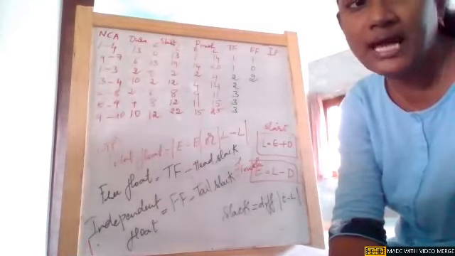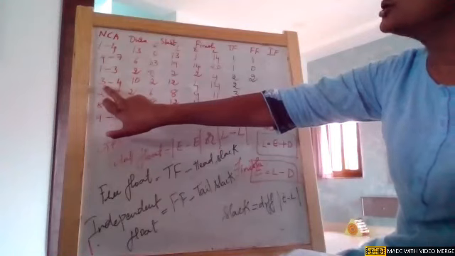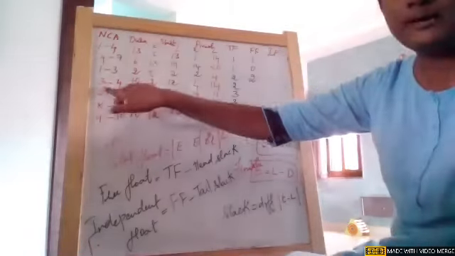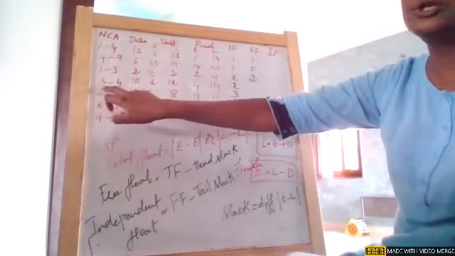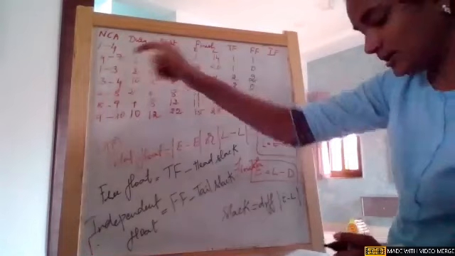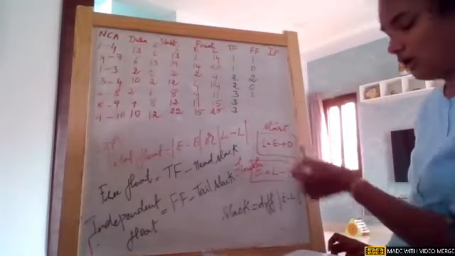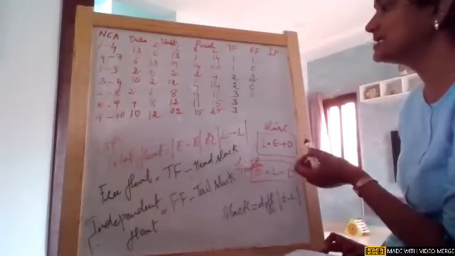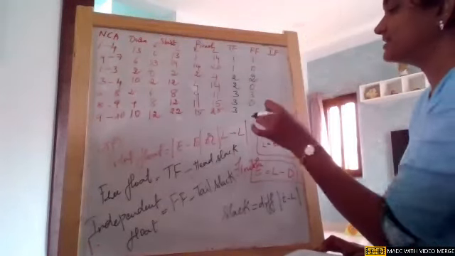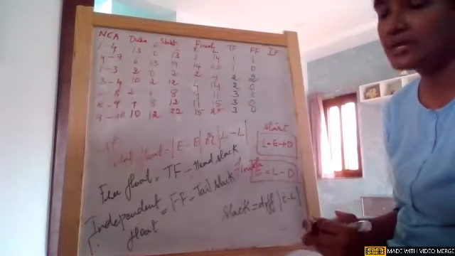I'll show the network and calculate the values simultaneously, in order to avoid confusion. On node 3, there are 2 and 4, so the difference is 2. So 2 minus 2, it is 0. On node 2, the slack is 0, so 3 minus 0, it is 3. On node 8, the slack is 3, so 3 minus 3, it is 0. On node 9, the slack is 3, 3 minus 3, it is 0. So that is how we are getting it.